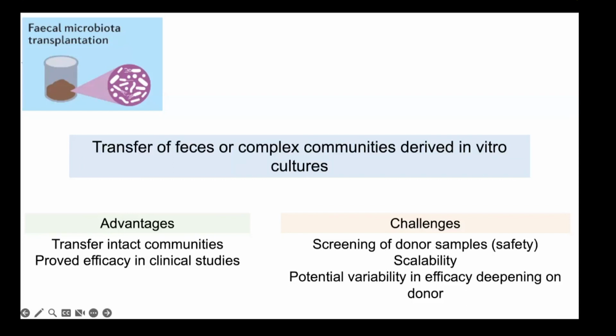Some of the existing challenges are still in screening of the donor samples. Those two NEJM reports of ESBL E. coli transmission still highlight that there can be issues with transmission of pathogens. And I'm sure our transplant colleagues can attest that no matter how much you try, there are still going to be donor-derived infections that happen. Scalability is still a big issue.